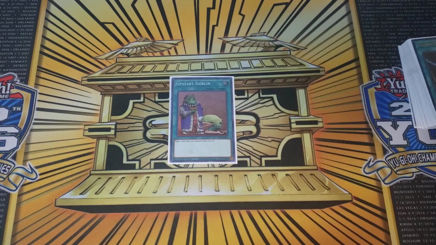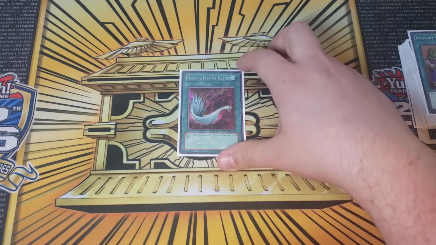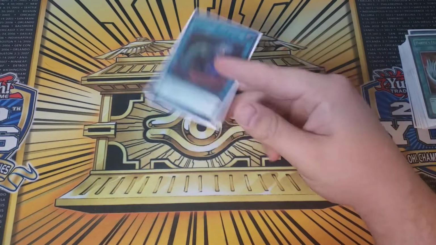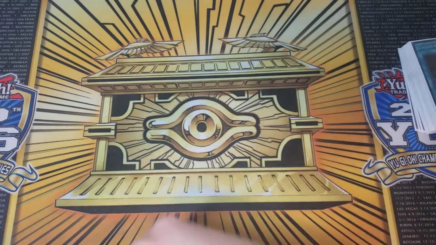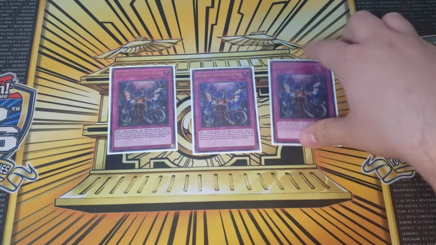1 Upstart Goblin to increase consistency, 1 Harpy's Feather Duster because we can, and 1 Called by the Grave. I still don't know why this card's at 1, but hey, you know, we run it at 1. We have 3 Infinite Impermanence going into our trap cards,